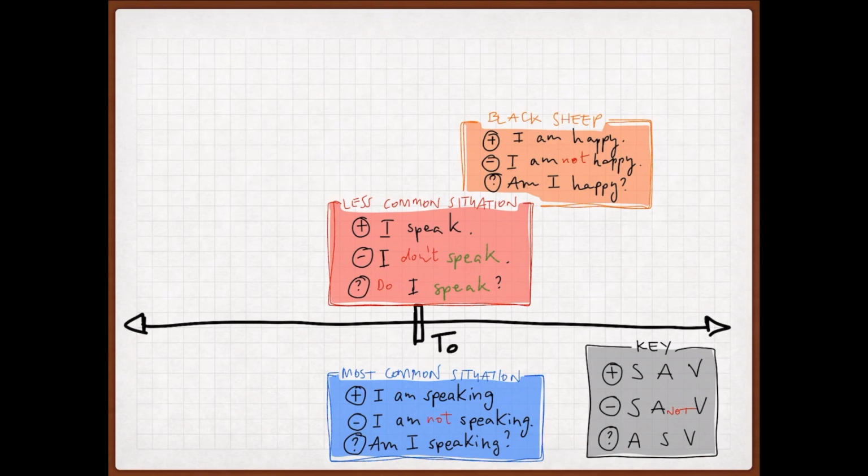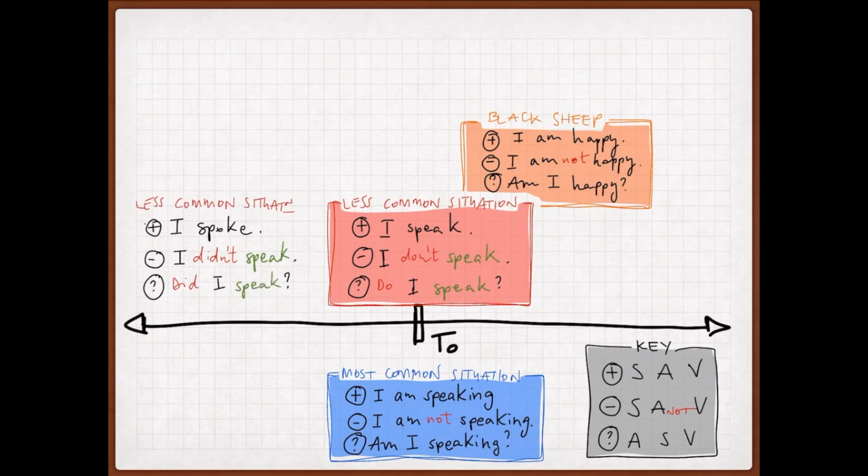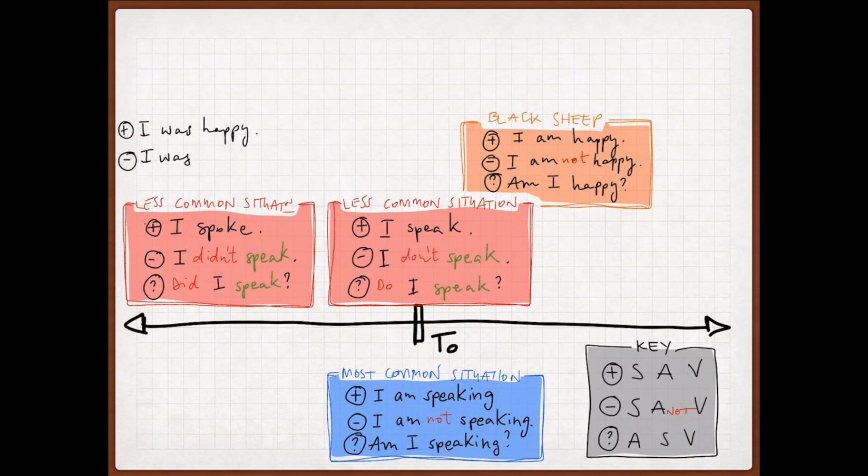Looking at the other less common situation where we don't always have a visible auxiliary, let's now turn to the past simple or preterite. Like the present simple, the affirmative version doesn't always include a visible or audible auxiliary, but negation will reveal it, allowing us to invert it when it is time to create a question. Again, the verb to be is a black sheep. It can be negated directly without using an outside auxiliary, and thus can be inverted with the subject, as was the case with the present simple construction.